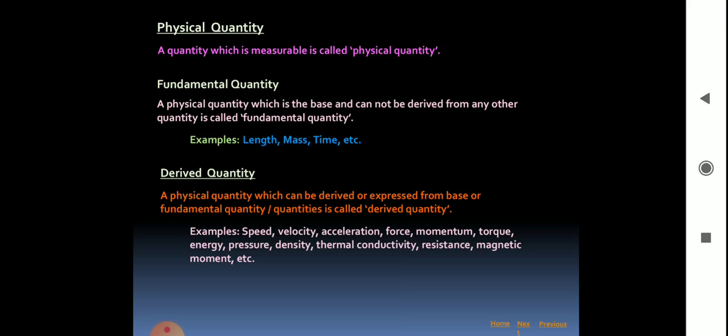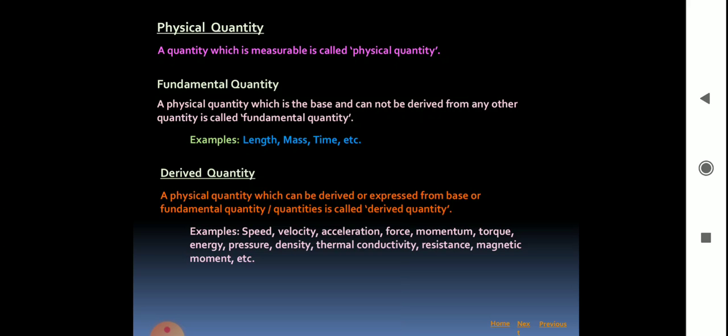So, a quantity which is measurable is called physical quantity. So, what is physical quantity? A quantity which is measurable. So, a quantity which is measurable is called physical quantity. Now, let us see what is fundamental